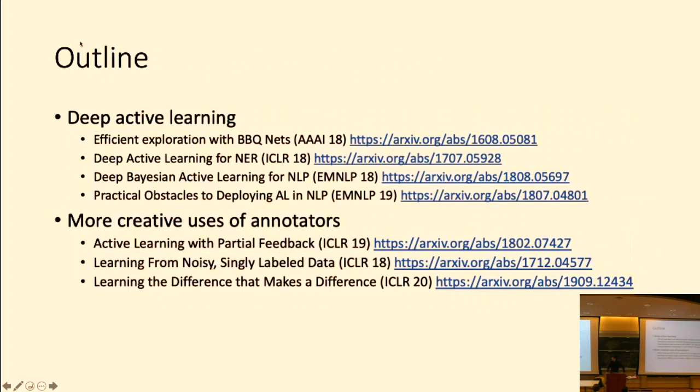So in the first part of the talk, I'll talk a bit about active learning and the more classical view of active learning and human-in-the-loop learning, where we just think about soliciting labels for examples. And then what I'd like to talk about more in the second part of the talk is, rather than viewing the human simply as a data labeling machine, thinking about maybe some